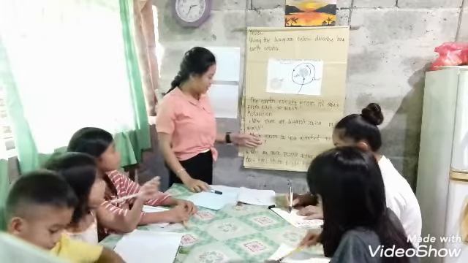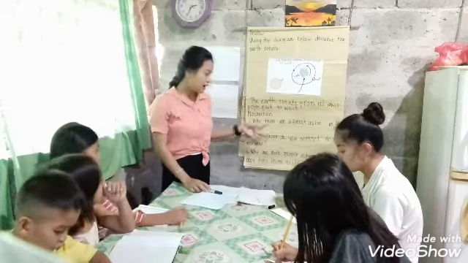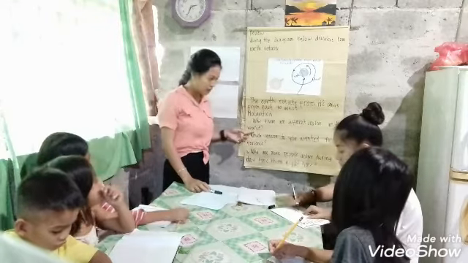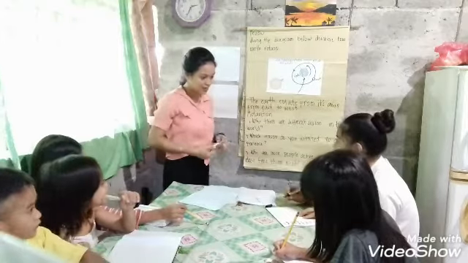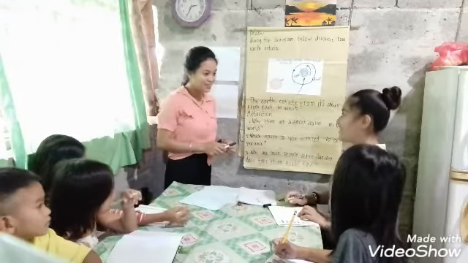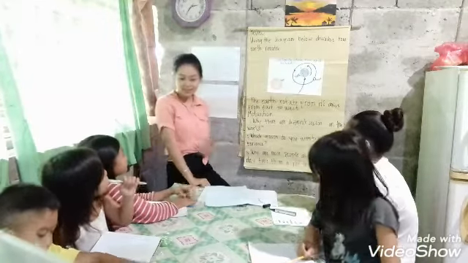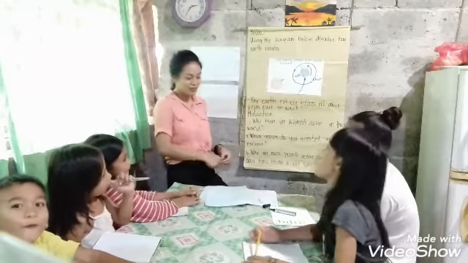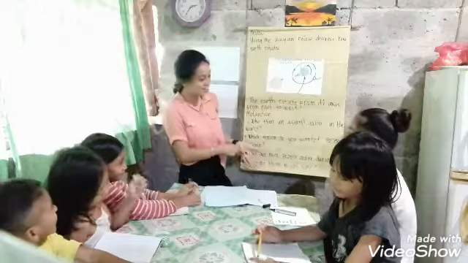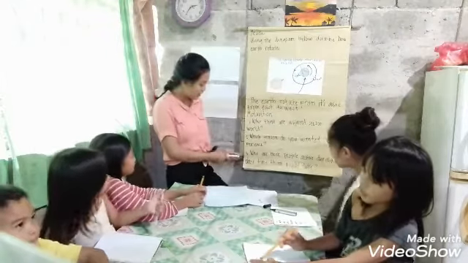Motivation. I have here 3 questions. First, why are there different seasons in the world? Yes, Julian? Because of the rotation of the earth. Stand up. Spring. Another one? Yes, Andrea? Summer. Yes, Angelique? Fall. Julian? Winter. Let's proceed to our third question.